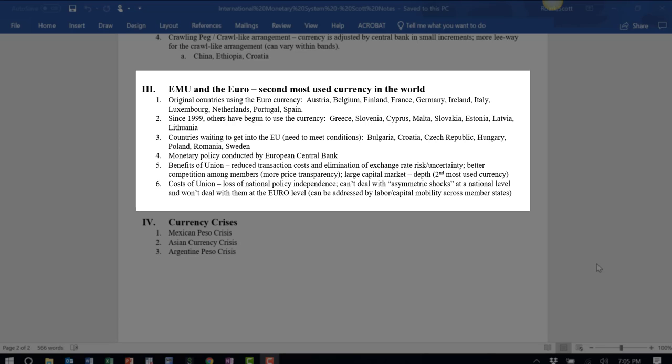Others have since been added. So since 1999, others have begun to use it, including Greece, which maybe has come back to haunt the EU, having Greece come in. Greece made some promises prior to joining the monetary union and kind of was a bad actor with those promises, didn't fulfill those